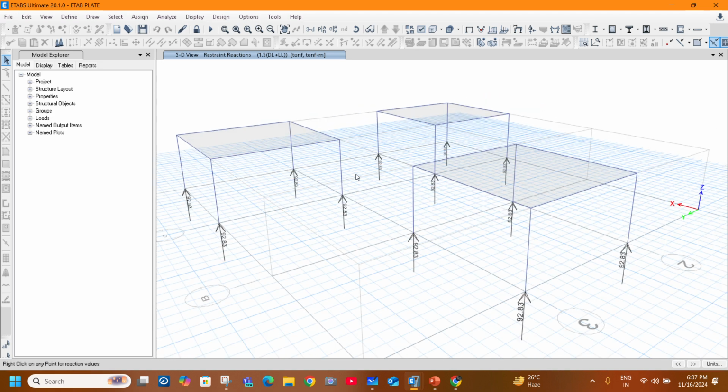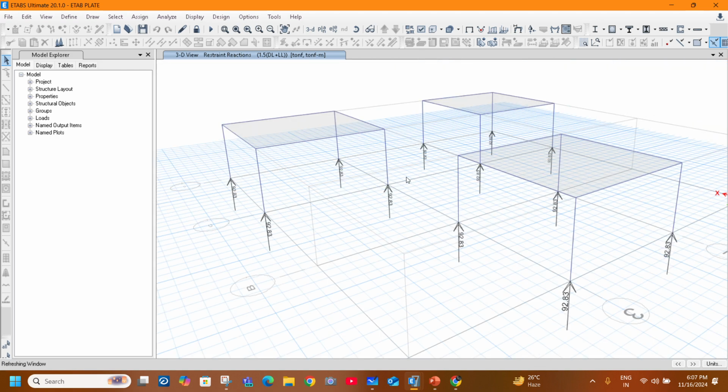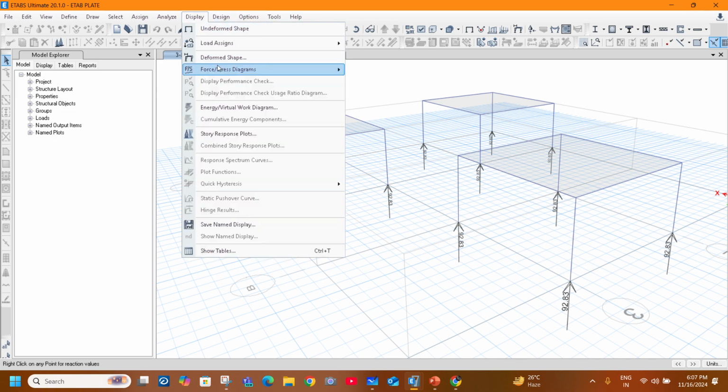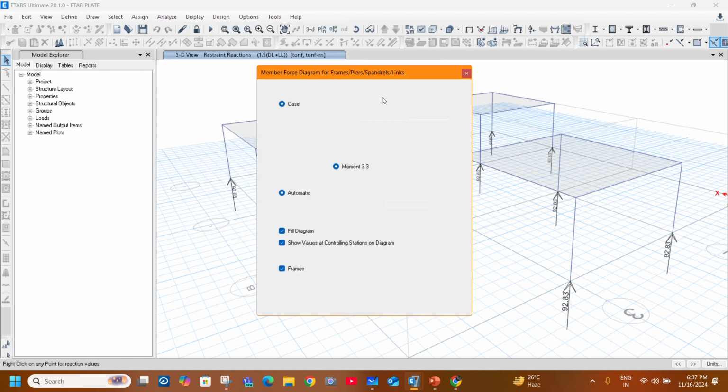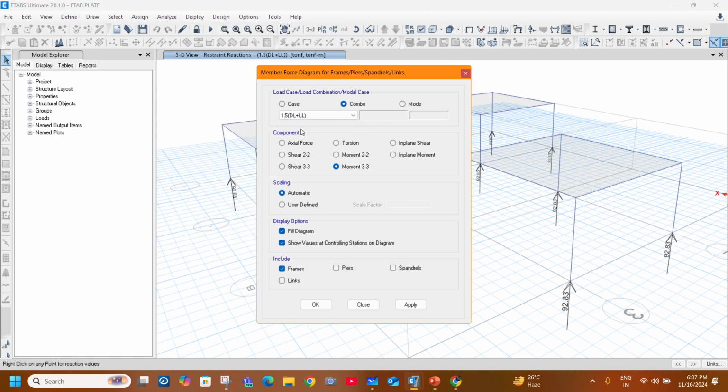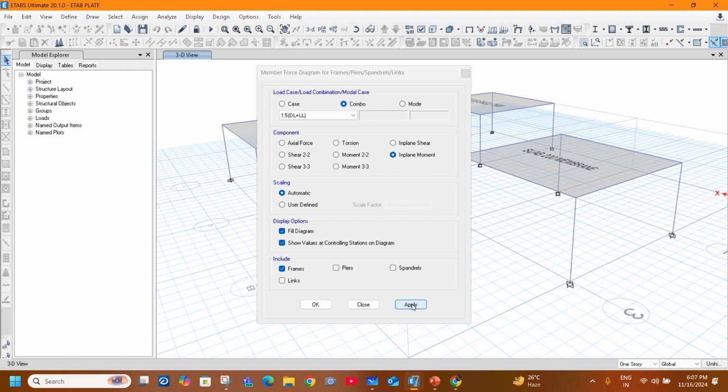The loads are equally same, so that's why the upward reaction is same in all cases. Okay. Now let us look at the stresses. In plane moment, let us check. In plane moment,